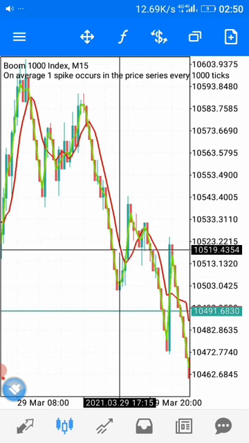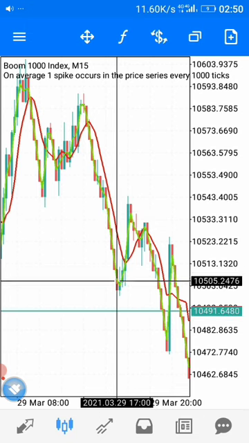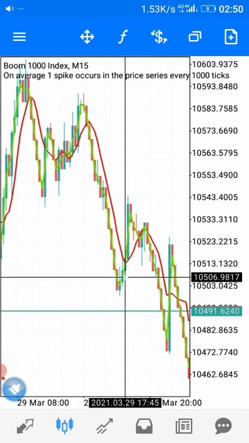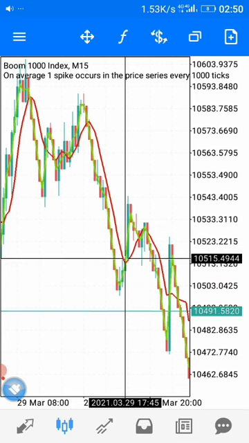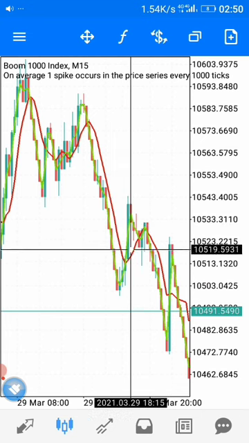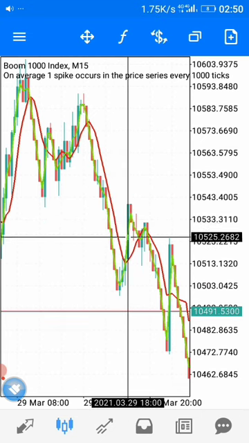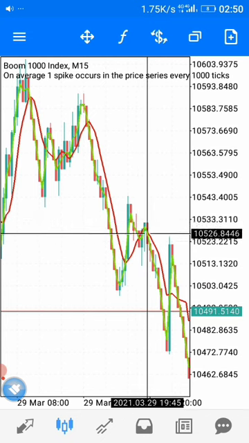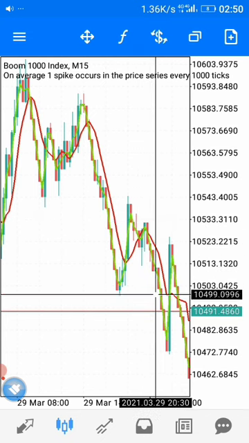Now the trend will never stop until you have the green moving average crossing the red moving average from below, upward again. That's when you have a reversal. And whenever it crosses the red down again, you have the bearish movement here.